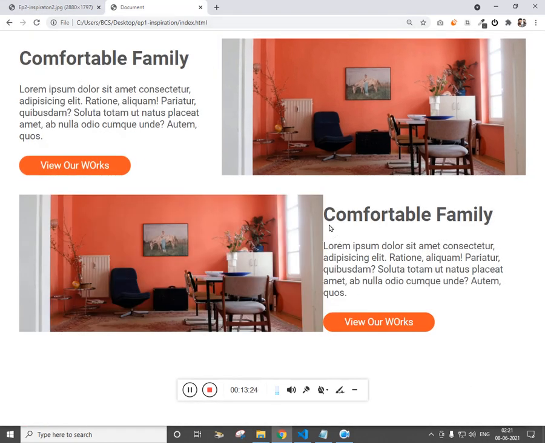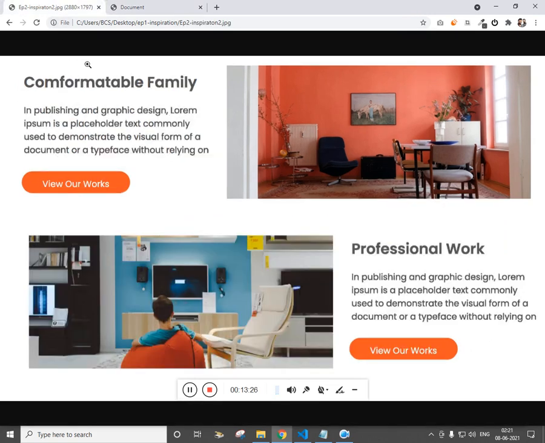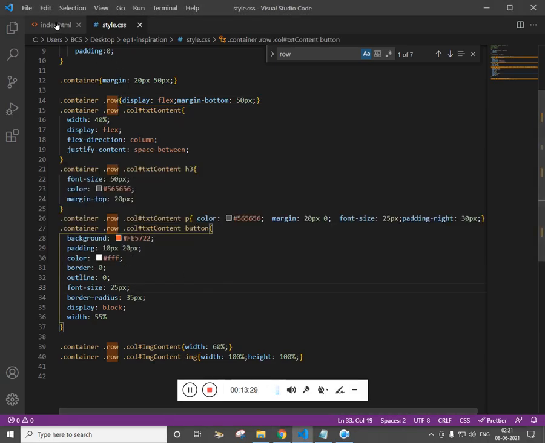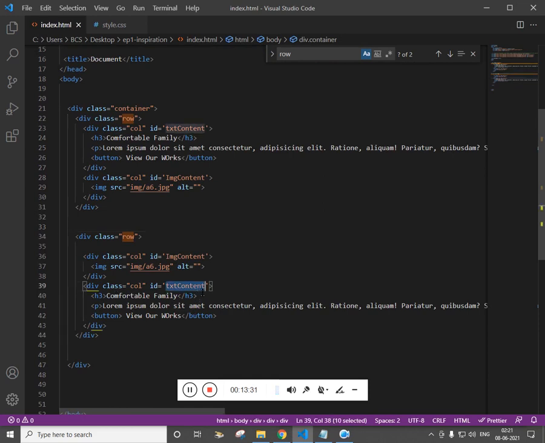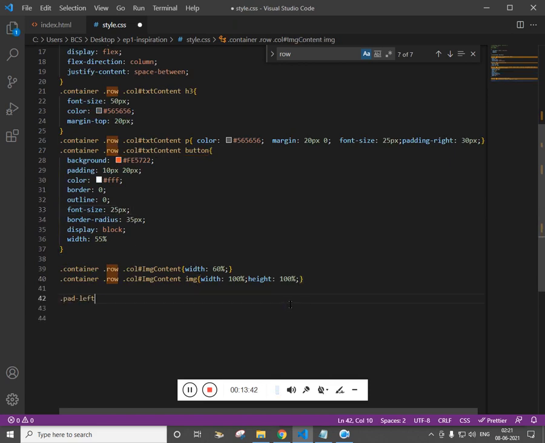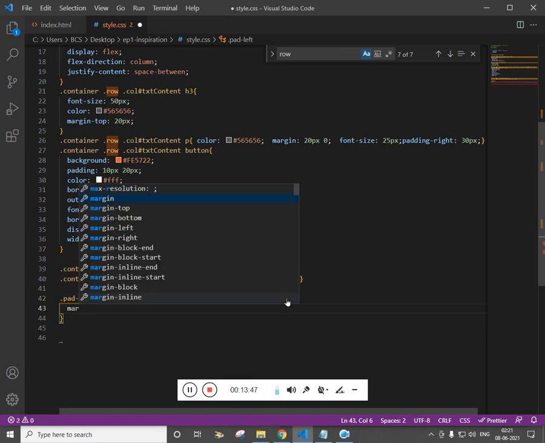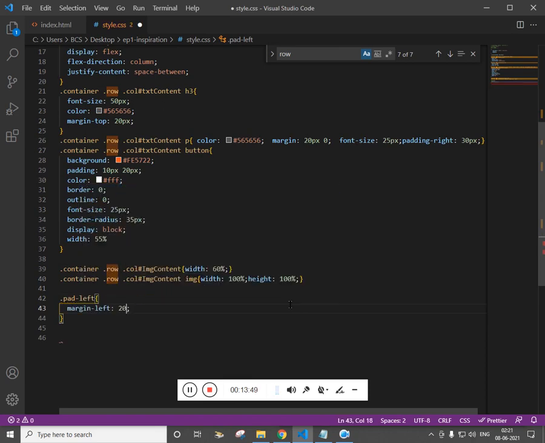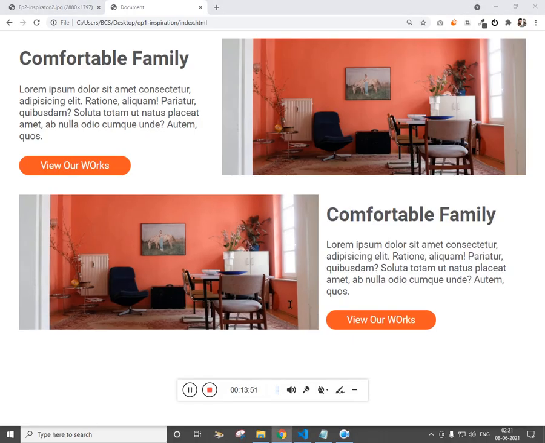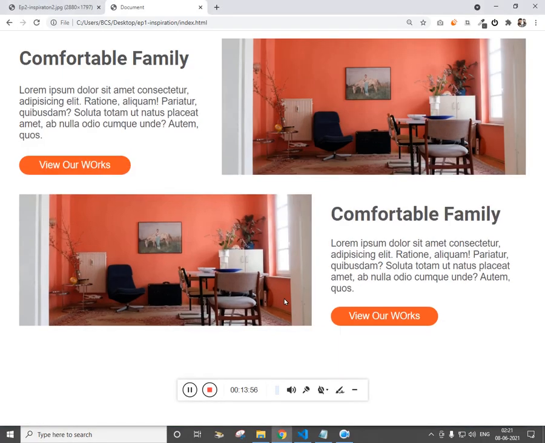And we need some space for the second one. So for the text content, let me give another class called padding left. So call the padding left class and give margin left of 20 pixel, 30 pixel, 50 pixel.